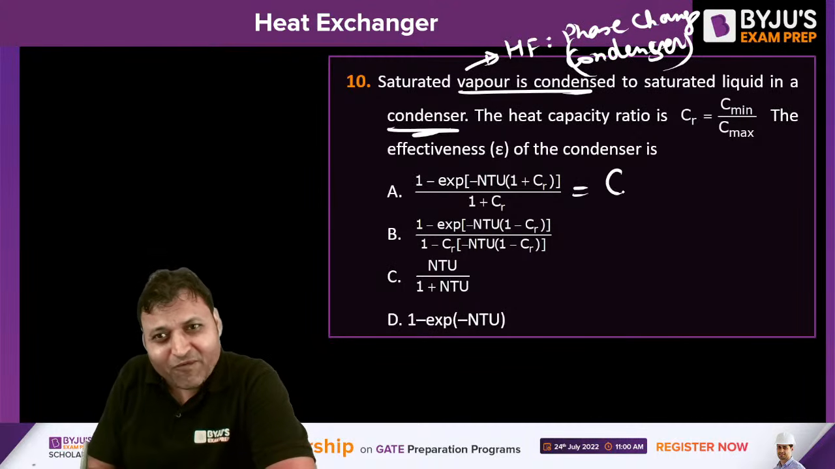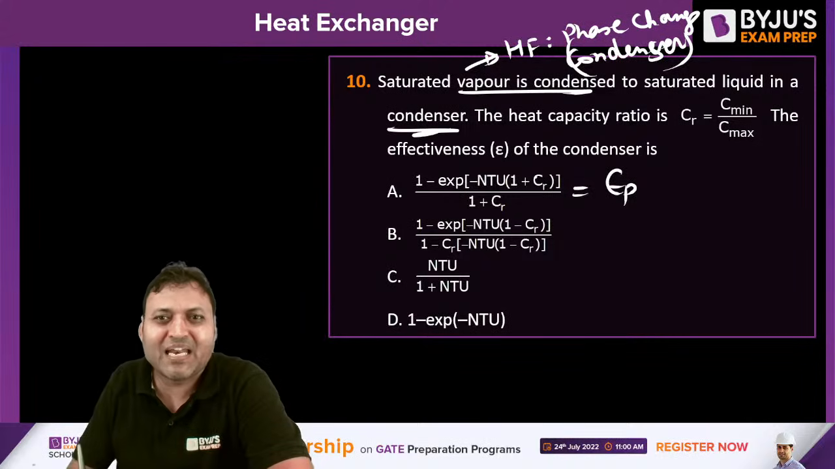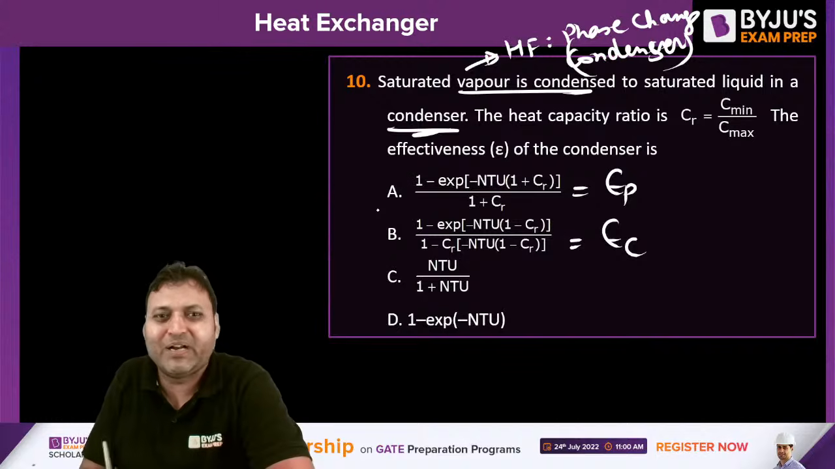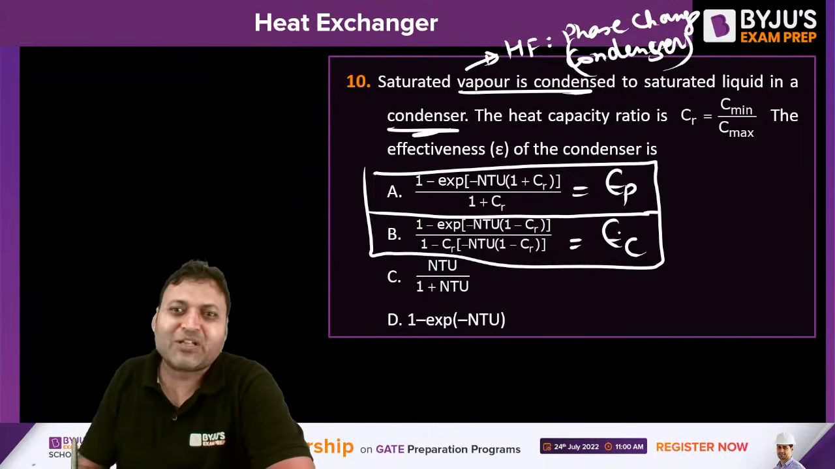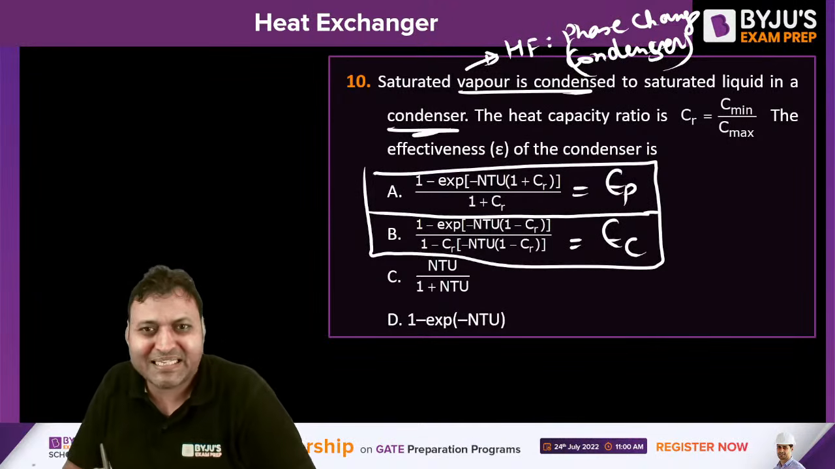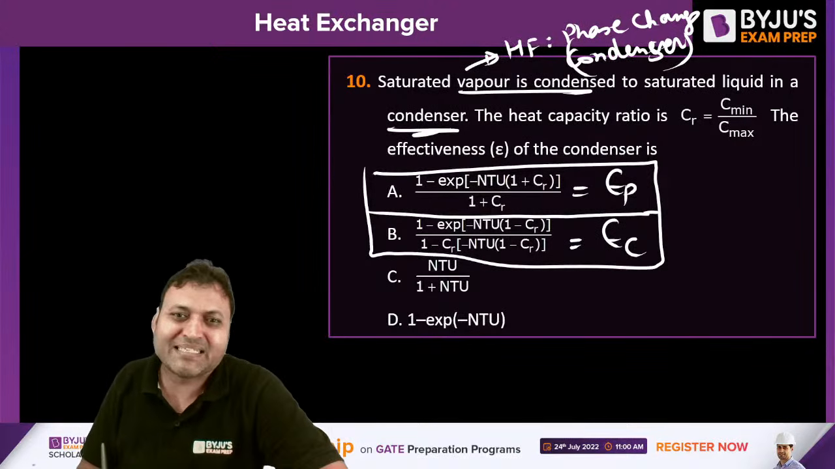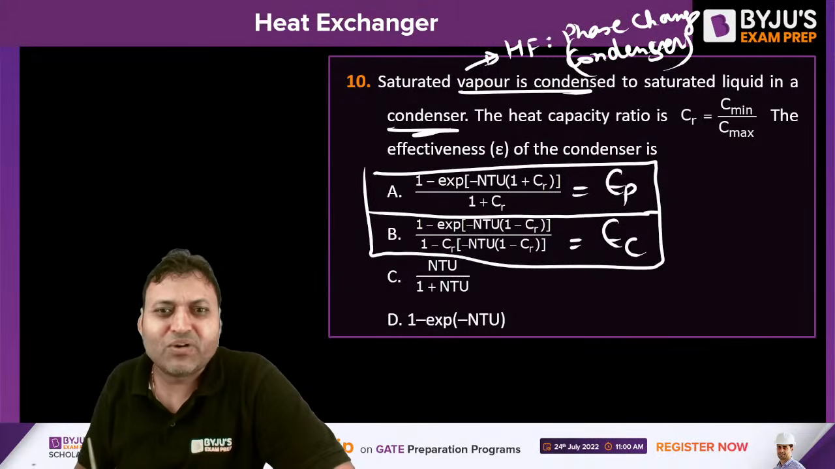Option A is the formula for effectiveness for the parallel flow heat exchanger. 1 minus e to the power minus NTU (1 plus C) upon 1 plus C. And option B is the effectiveness for counter flow heat exchanger. You must memorize these two formulas. These are the formulas for a general heat exchanger. For parallel flow, 1 minus e to the power minus NTU (1 plus C) upon 1 plus C. And for counter flow, 1 minus e to the power minus NTU (1 minus C) upon 1 minus C into e to